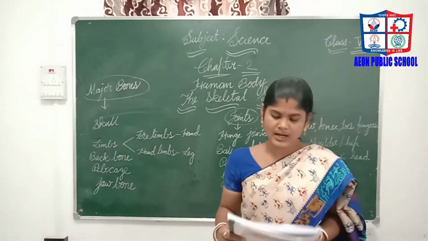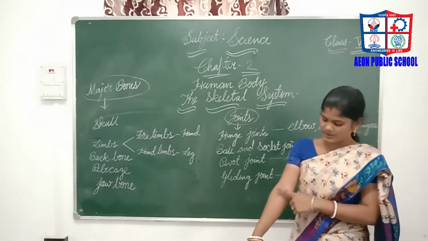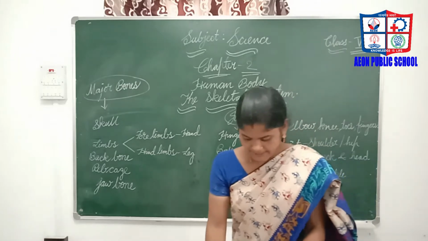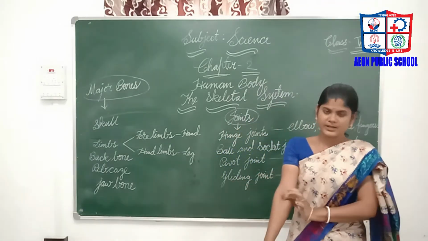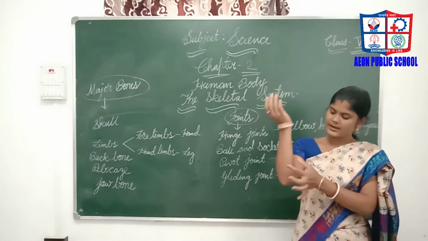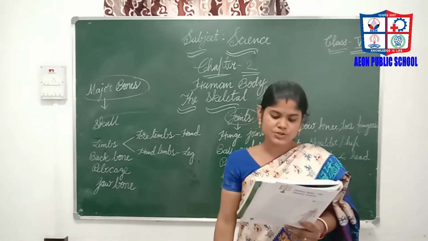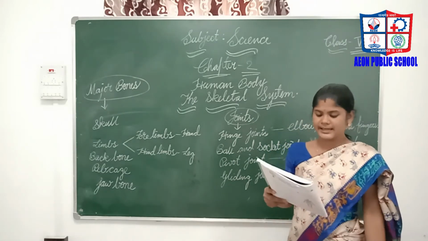It's clear? Whereas the lower arm has two long parallel bones called ulna and radius. So this is the lower arm, from elbow to hand. This lower part has the ulna and the radius. So here it's radius and here it's ulna. See our hand, take your hand. So humerus is joined to ulna and radius at the elbow.